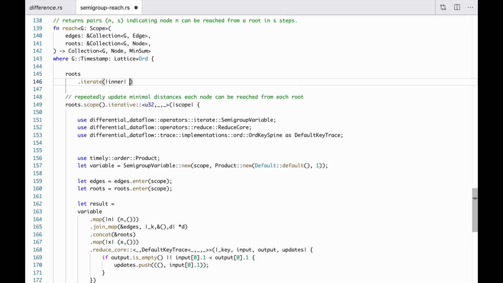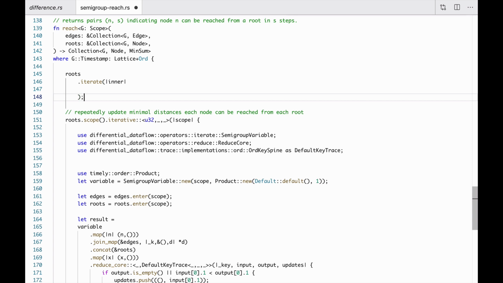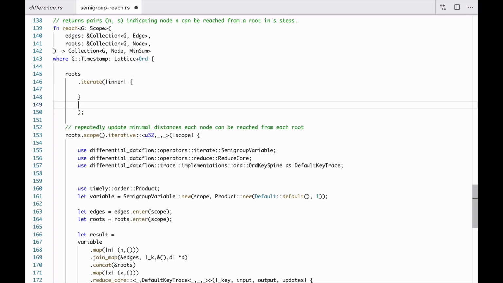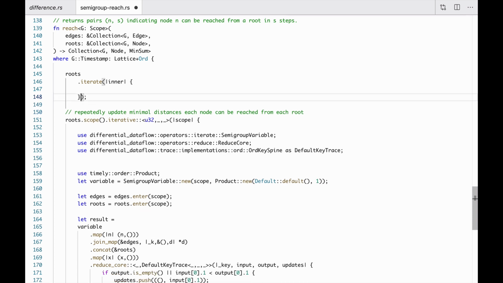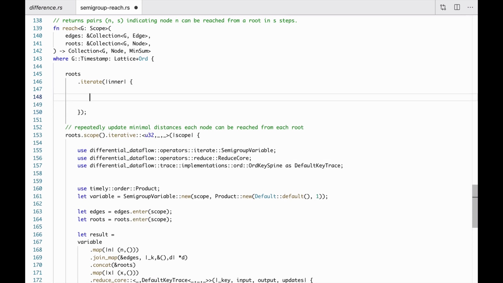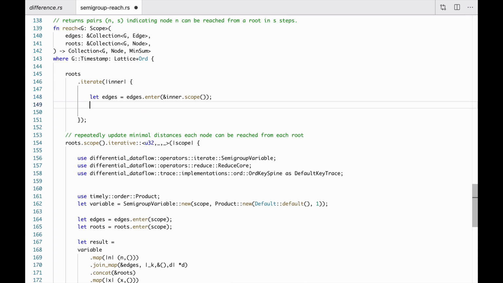Where each time around the inner body of the iterative computation, we will want to join whatever nodes are currently reachable with the set of edges. So we're going to let edges equal... we're going to bring the edges into scope here, and we will take the edges. We're going to semi-join them